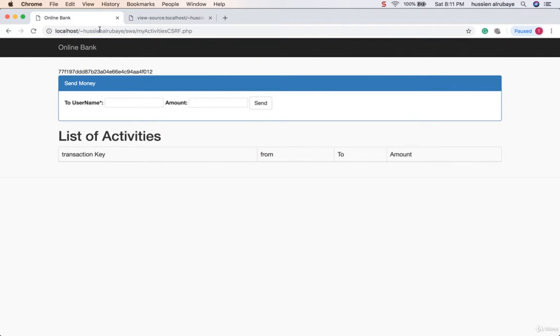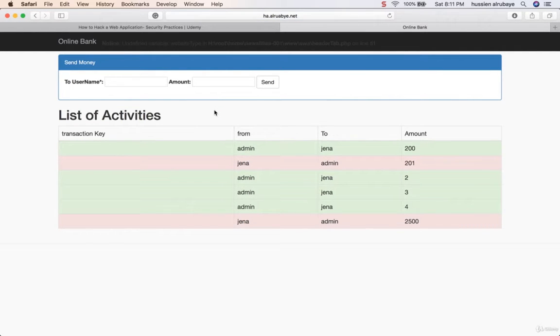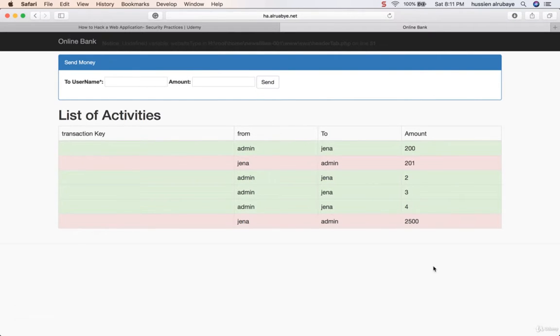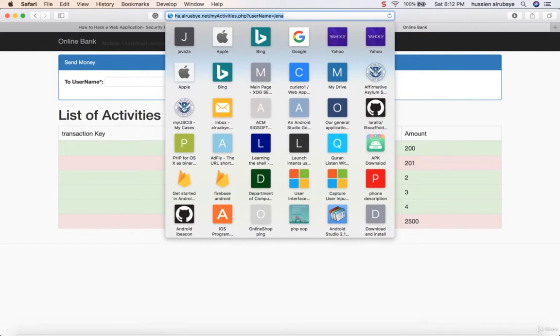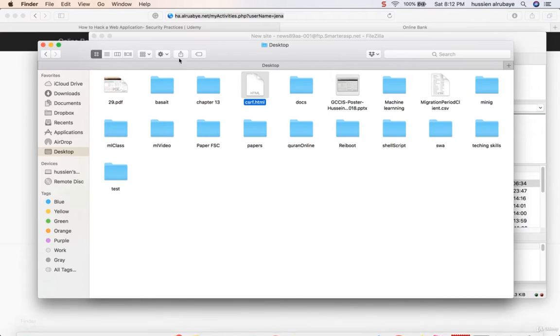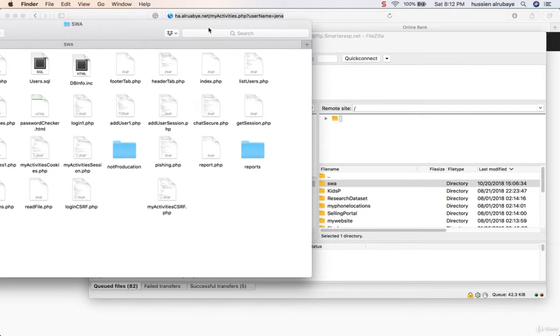So now I'm assuming he tried to attack someone, a valid user. Now he wants to send money, he will not be able to, because if I just try to send to admin, for example, $1, if I click send, I should not be able to. Hopefully I should not be able to. Now if I just go here, oh yeah, well, I will be able to, because this page I did not upload it to the server. I just need to make sure I put it on the server. So I go here and go to my CSRF token, this guy,